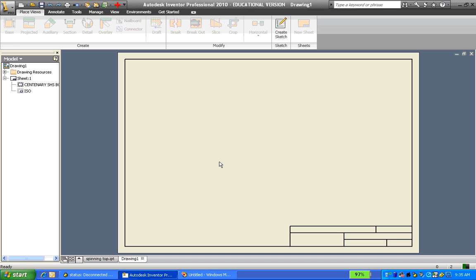That's got some information there about where this page was made, and we don't need to worry too much about it. So here's the piece of paper. We're going to put a base view,